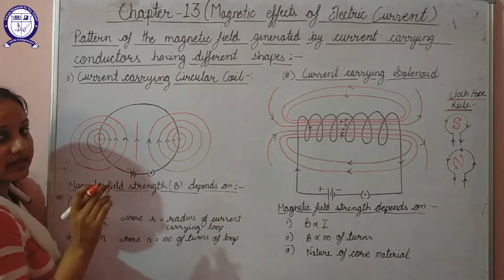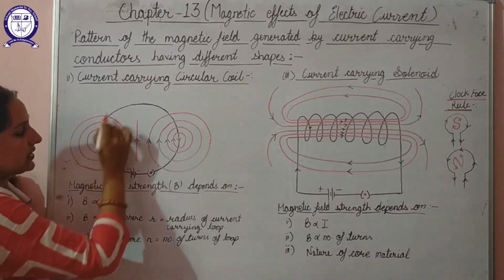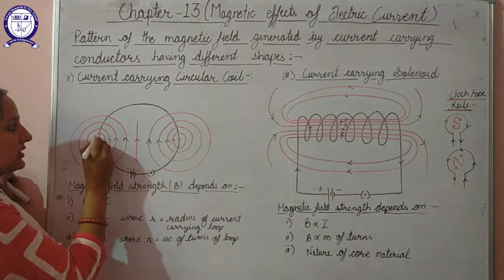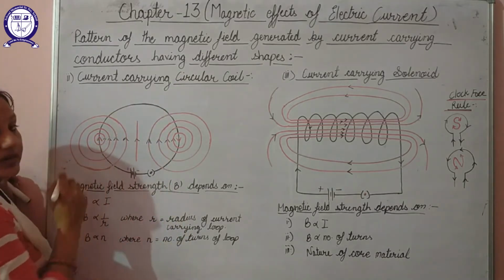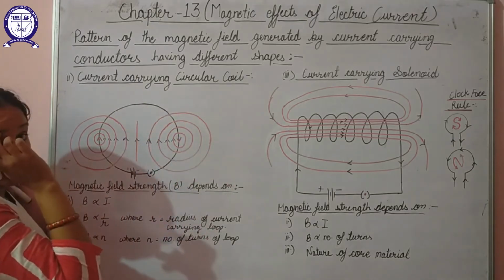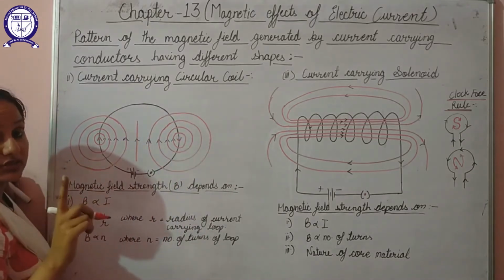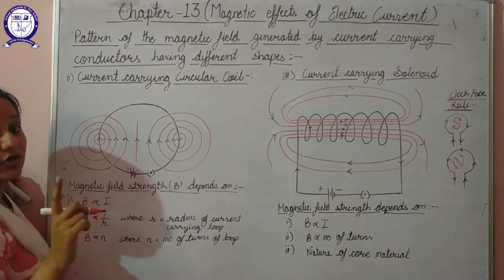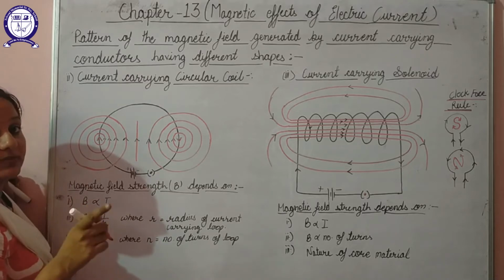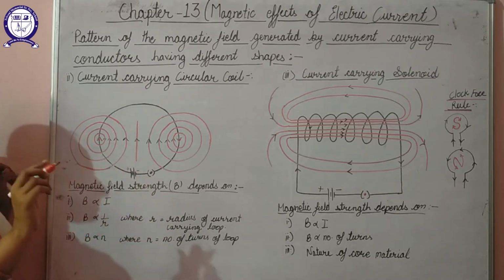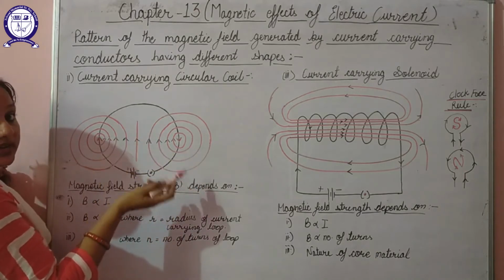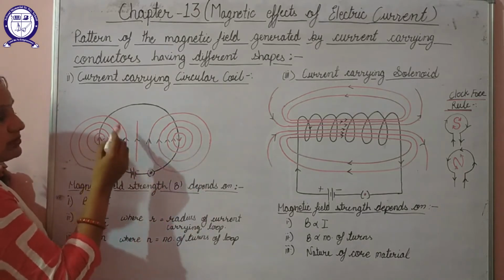Now we all know that the current will flow from the positive terminal of the battery to the negative terminal. That means in half the portion of the circular wire, the direction of the current will be upwards, and in the remaining half it will be downward. We know the field pattern will be created according to the direction of electric current, and that the field pattern exists in the form of concentric closed loops. So depending on the two different directions of current, two loops will be formed here.